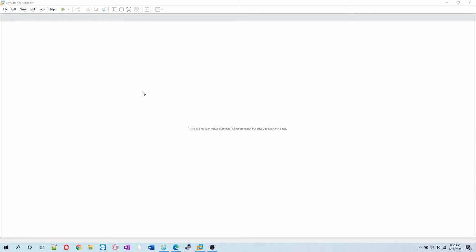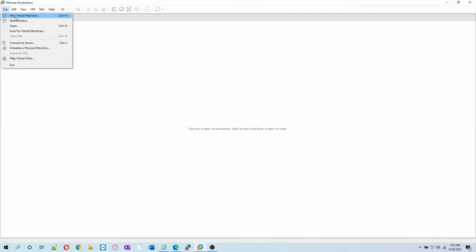So we are now going to create a new virtual machine from this ISO. One thing I will tell you for the sake of this video, I am using VMware Workstation 15.5 Professional version. You can literally use anything from Hyper-V to VirtualBox, any virtualization client you want to use. The thing is, it works the same way. So let's get creating a new virtual machine.